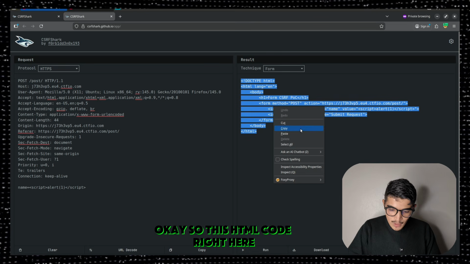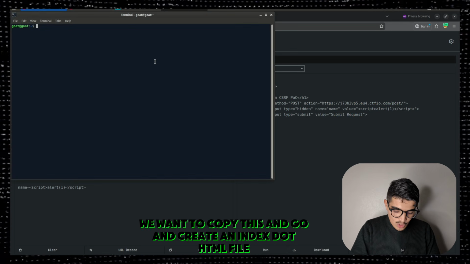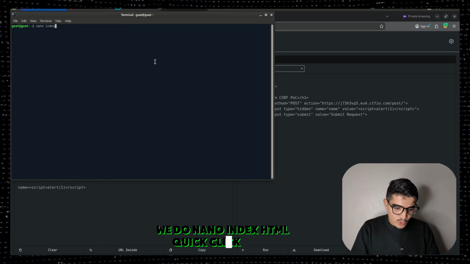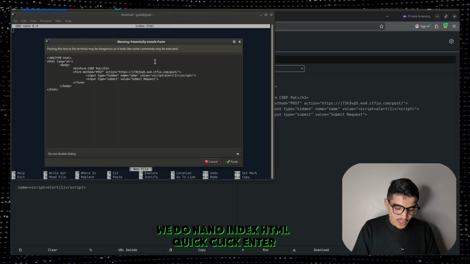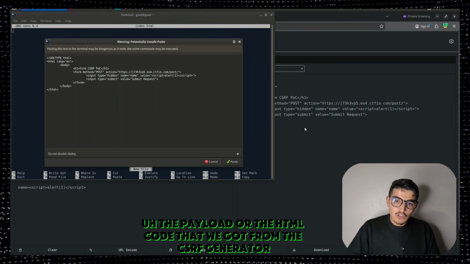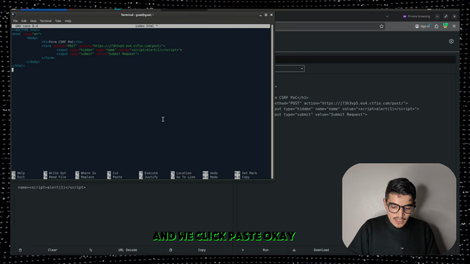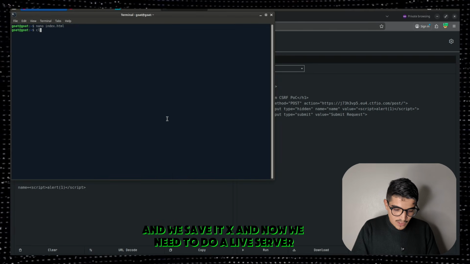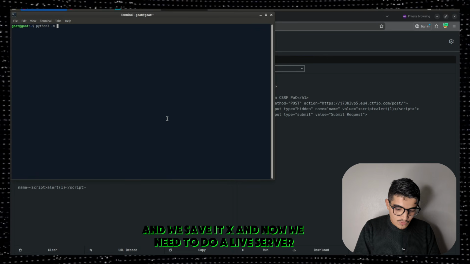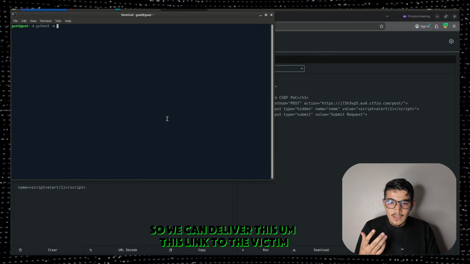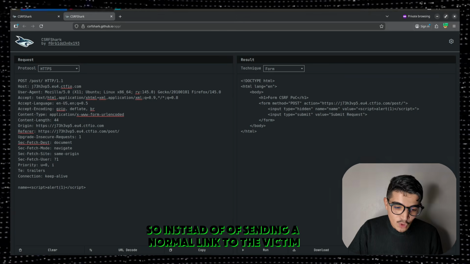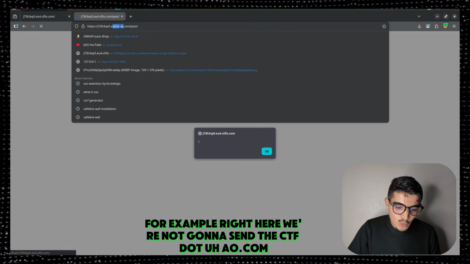So this HTML code right here, we want to copy this and create an index.html file. We do nano index.html, we click enter, then we paste the HTML code that we got from the CSRF generator, and we save it. Now we need to start a live server so we can deliver this link to the victim. So instead of sending a normal link to the victim, for example right here, we're not going to send the